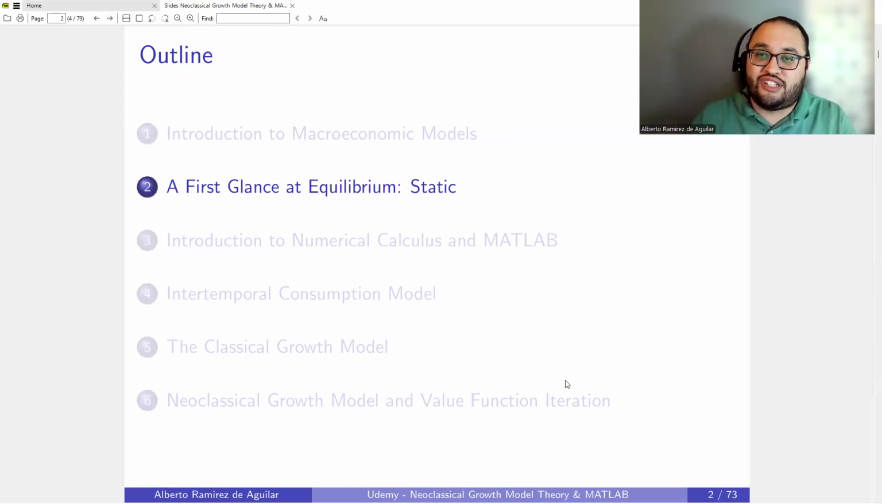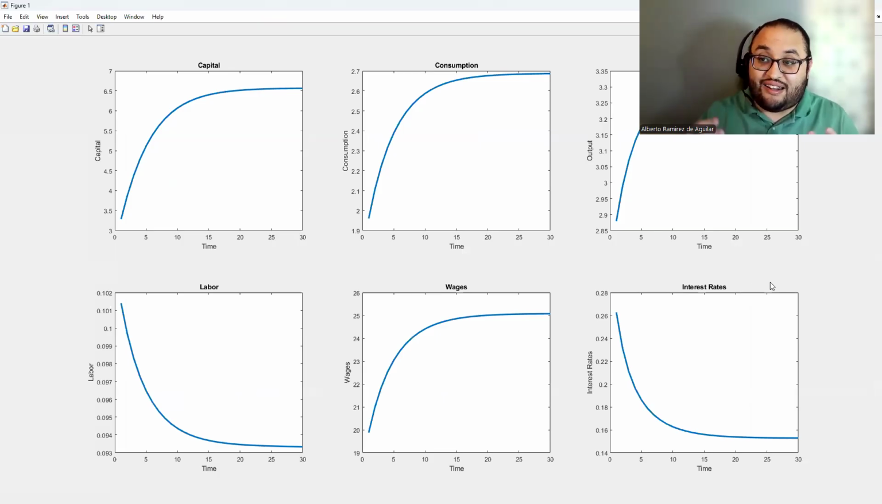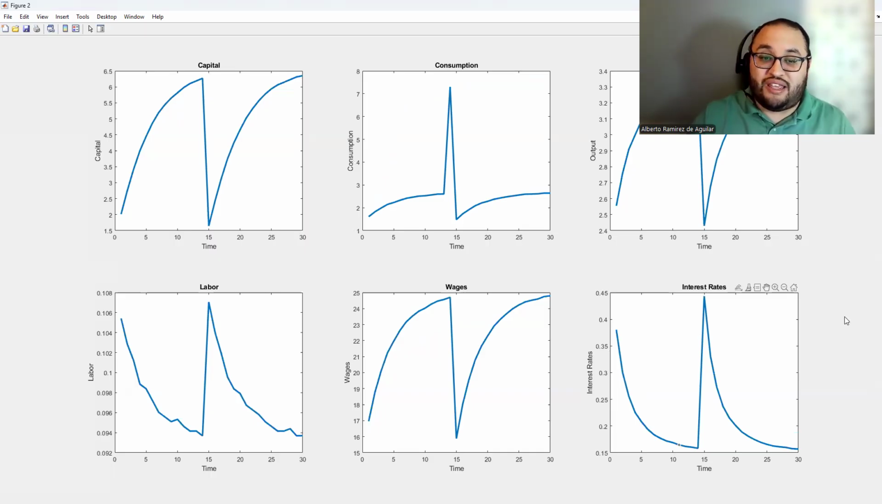At the end of the course, you will be able to solve the model using two different methods, one called brute force and the other called value function iteration, that will allow you to replicate the classical graphs that you see in textbooks, such as this, of the economy converging to what's called the steady state. And also how to do thought experiments, such as, for example, what would happen to the economy if suddenly we were hit by a shock, which are also very classical topics covered